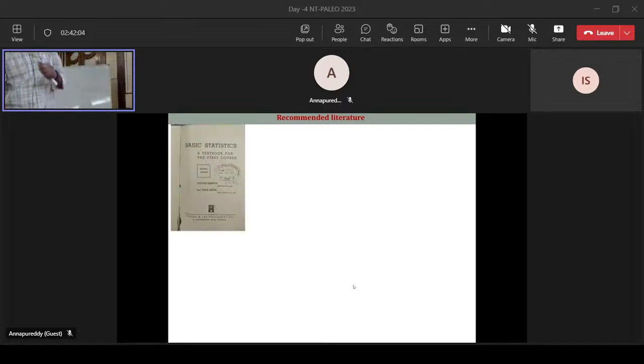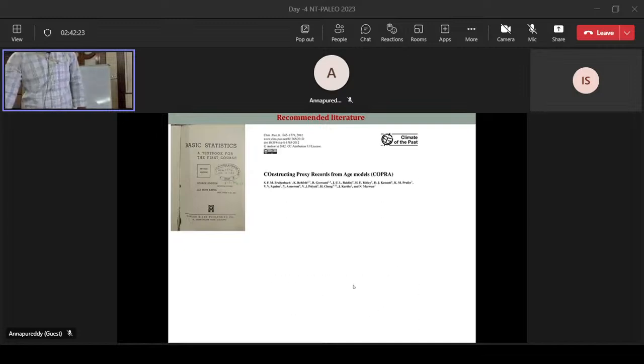So these are the recommended literature. One of my favorite is, if you want to understand anything, like if you want to do any statistical analysis, the best book you can go through is this book, Simpson and Kafka, and we will be sharing this information. Then this is the one I'm talking about, the age model, Bronk Ramsey in 2012, and their team have done this age model, which is available in different forms like MATLAB, Octave, and Python also, better IDF programs, and then